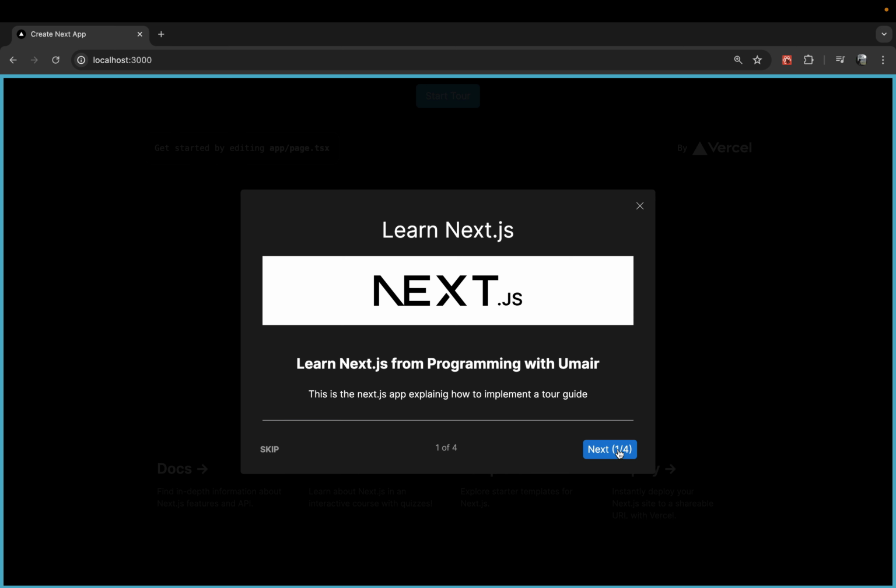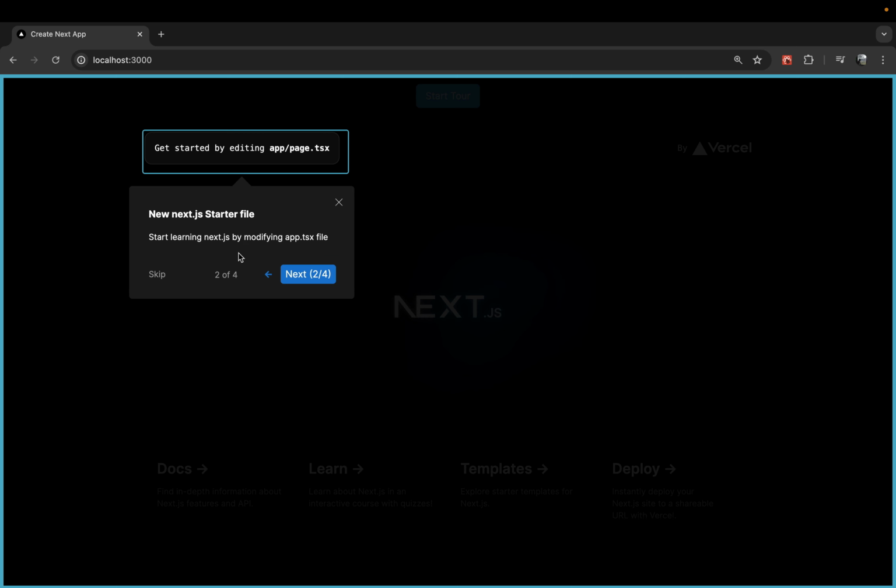Currently it's showing 1 by 4. If I click on it, you will see that I have navigated to the second step, and there is a 2 by 4 on this button as well. There is a 2 by 4 over here as well. Over the button, this is built into a library which I'm using, and this is something which is custom. This is one of the examples which I have chosen to teach you how we can customize the behavior and the functionality of this. And obviously whatever is added over here, we can customize in any way we want,